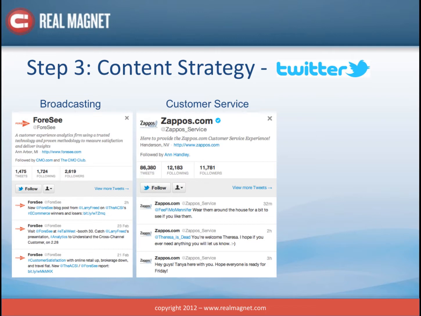And then she tells Fee Fi Fo Menifer to wear the shoes around the house for a while because Fee Fi Fo Menifer must have gotten in touch with Zappos and said, I don't think these feel comfortable. What do I do? And Zappos says, wear them for a bit. If you don't like them, send them back. But the powerful part to this is that even though Tanya at Zappos Service is only talking to Fee Fi Fo Menifer, she's actually telling